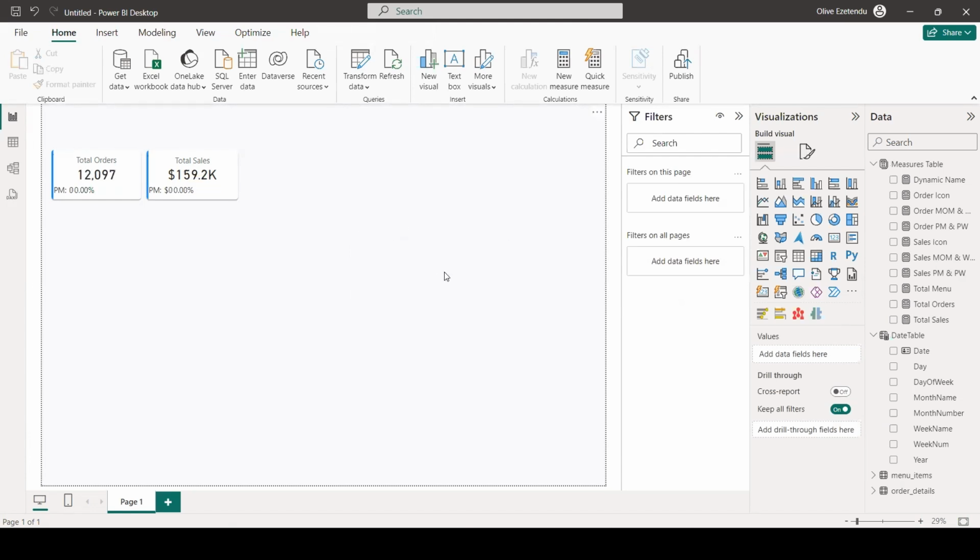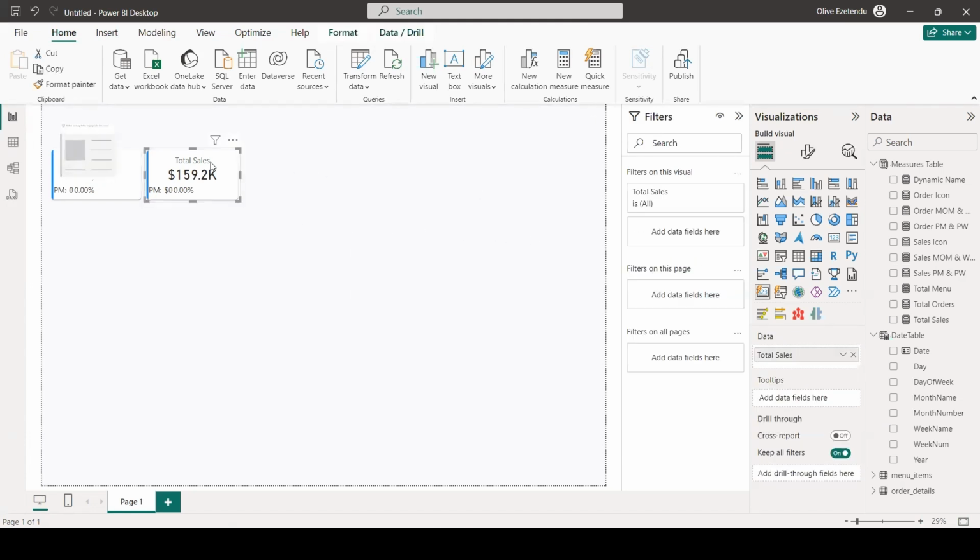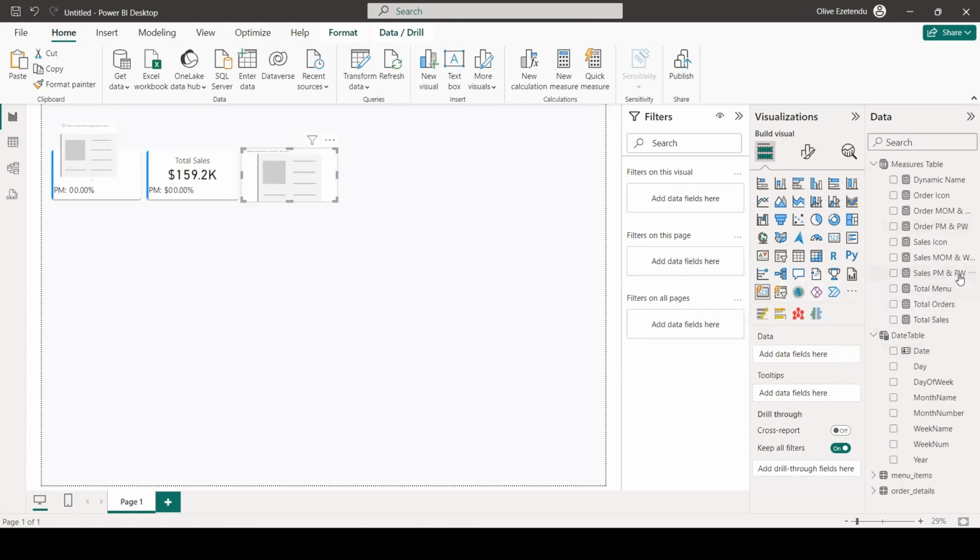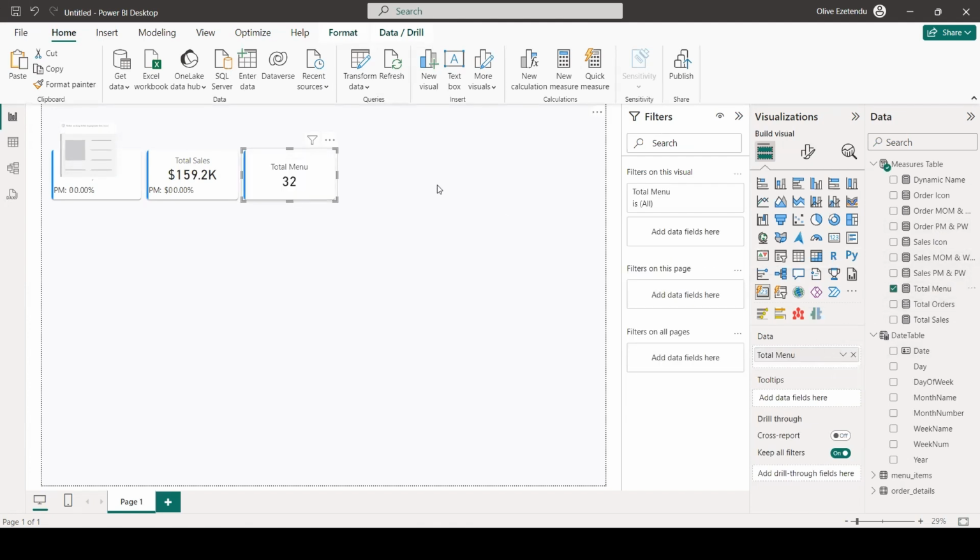So the next thing we want to do now is to get what we call our total menu. We want to see how many menu items we are dealing with here. Let me copy and paste because we don't want to go through the formatting again. So I'm just going to come here, turn this off, and I am going to get total menu. And this is basically what we want. Then the next thing we want, let me copy and paste this. This is for our sales